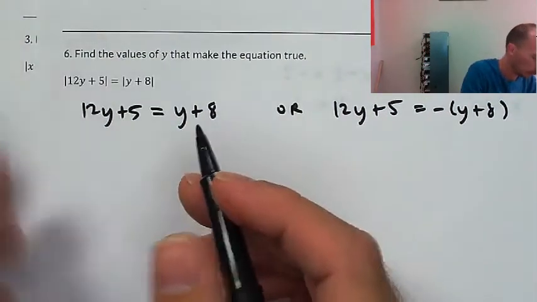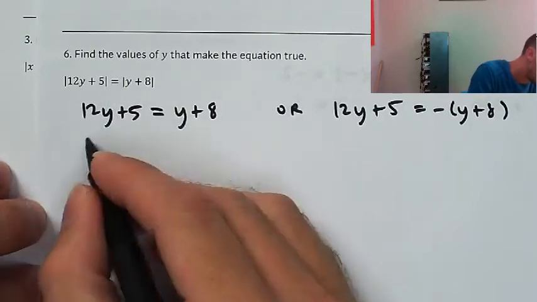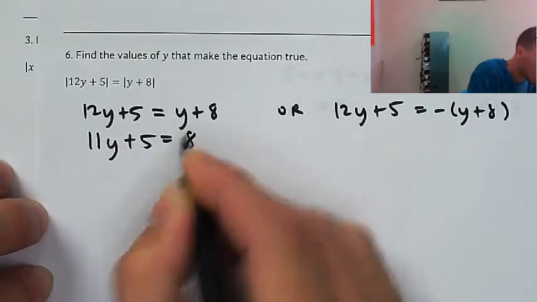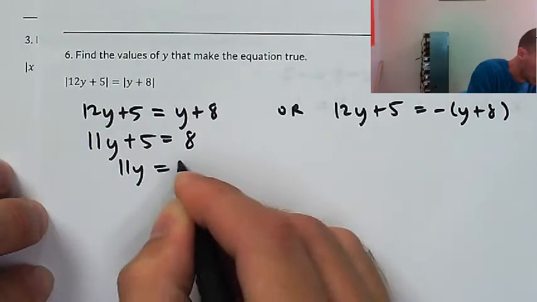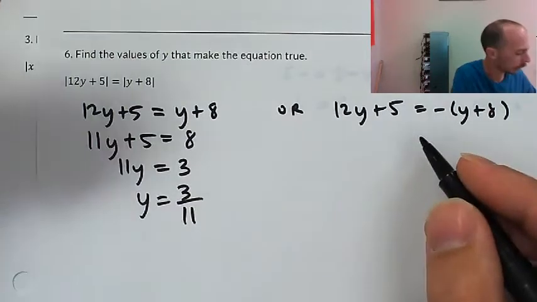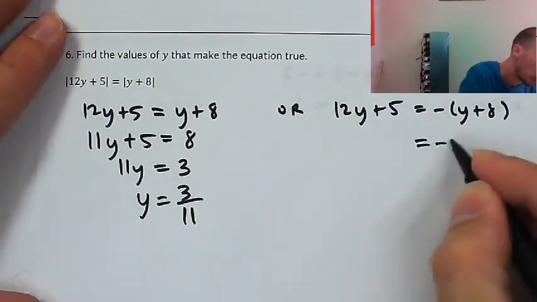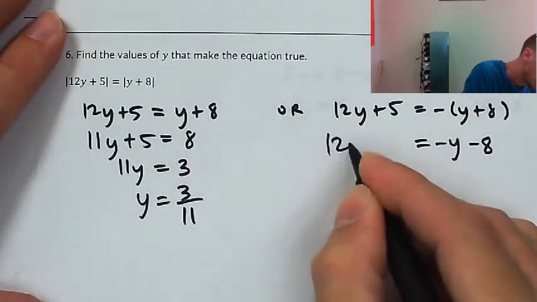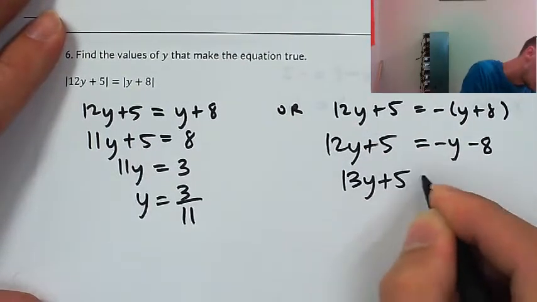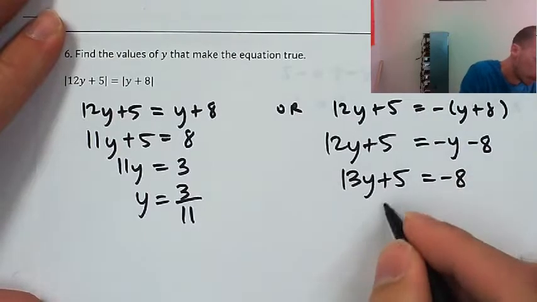Okay, and so we can just solve each of those separately. Subtract y. Subtract 5. Okay, and then over here, I'll distribute the negative. Add y. Subtract 5,